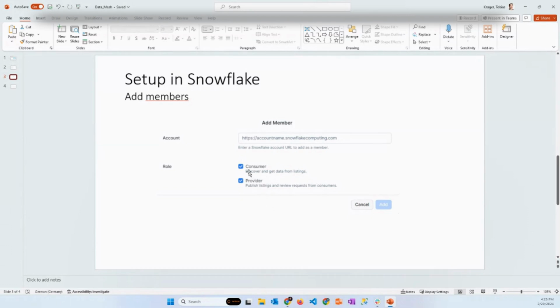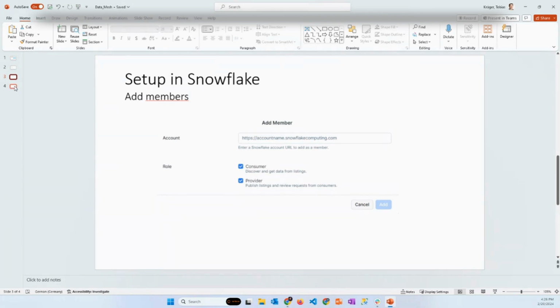By clicking, you can say whether this is a consumer or a provider account, which is very neat. One thing to mention here is that, at least for the time being, this is only possible in the web UI. But they made it so nice that I wouldn't even do it programmatically for the moment.